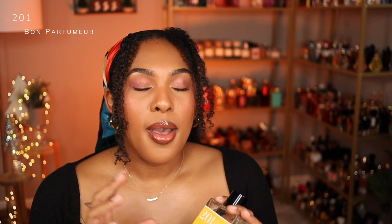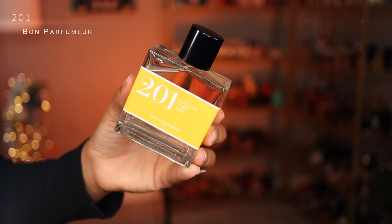I used 203 for November and December's perfume tray. I believe October as well. I've been using that fragrance for the last 3 months, and between the 203 and Wave Child, that's been my jam for the gym, but I decided to switch it out for 201 because this is a very juicy, fruity,